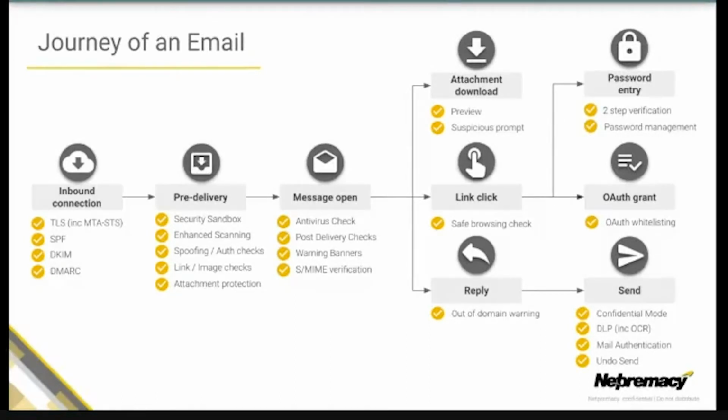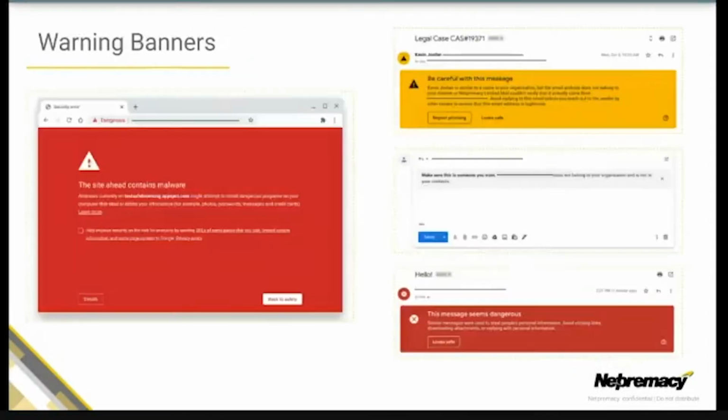It doesn't stop there for the protection that you have available. This continues all the way to replying and the outbound activities of the email, ensuring you're protecting data leaving your organization as well, to the point of a full cycle of ensuring mail authentication is applied on your domain, so SPF, DKIM, and DMARC there as well. If you could just jump onto the next slide there for me, Alex.